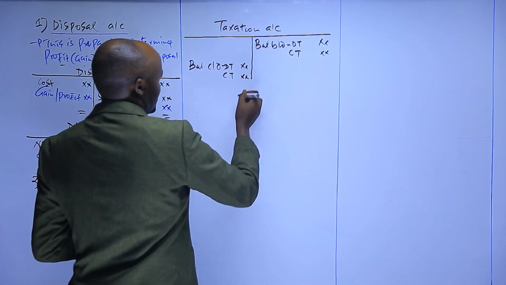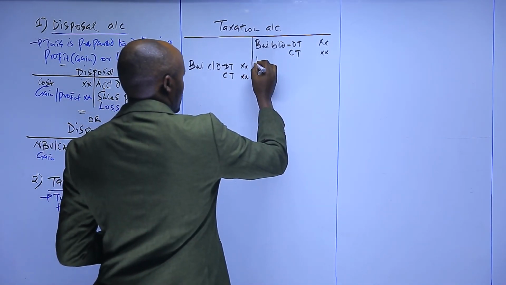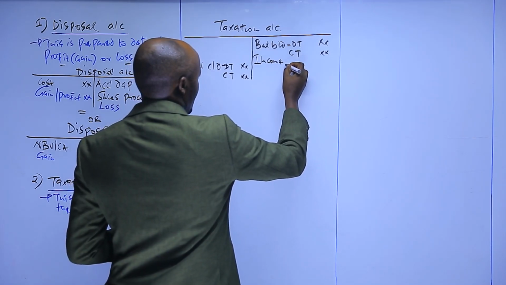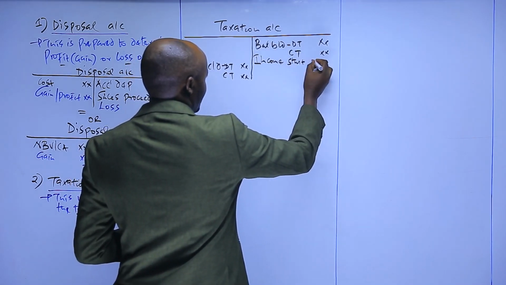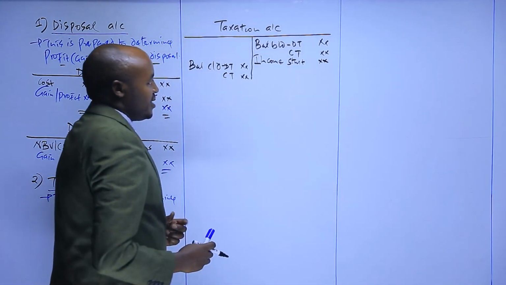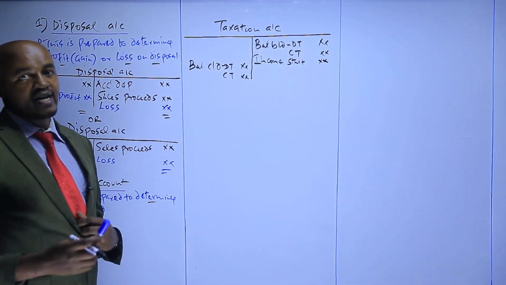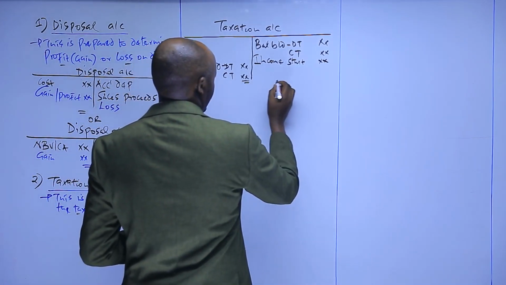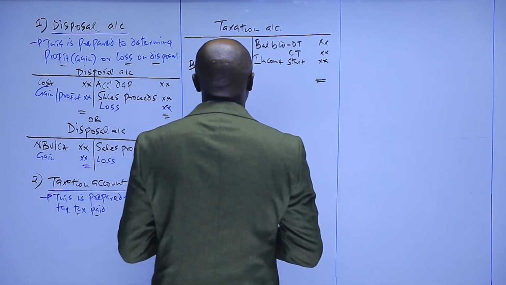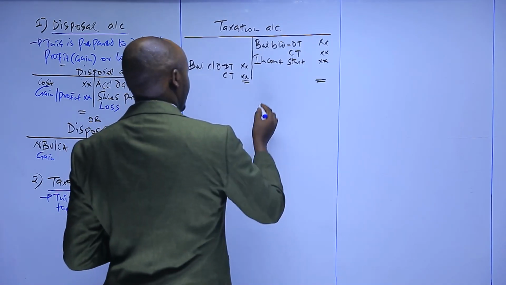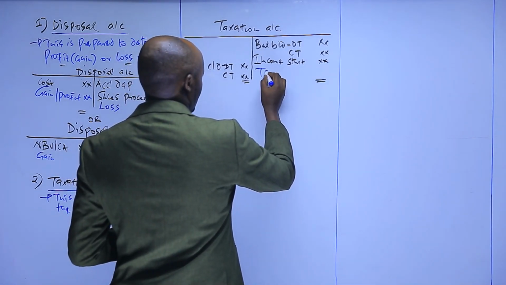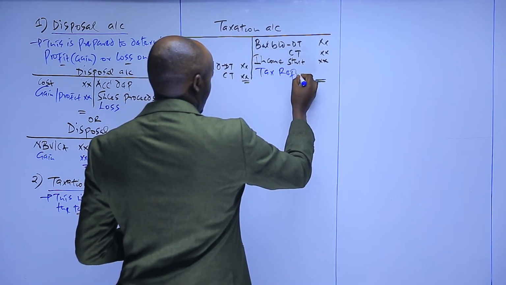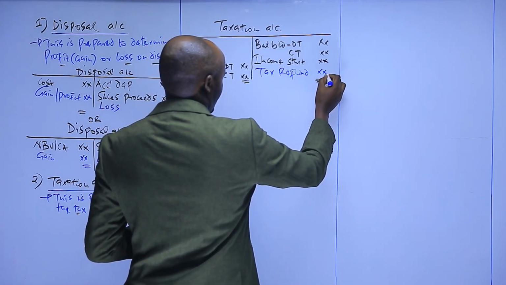Record the opening balance and then the closing balance down here for deferred tax and equally for current tax. And then you also record the tax for the current financial year, which is in the income statement. You go to the income statement and you take into account now the tax for the current what? For the current year. And then from there, what you do, you balance the account. So the balancing figure on this side, this represent, if you get a balancing figure on this side, that is basically a tax refund,